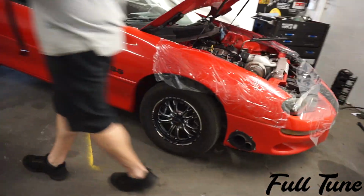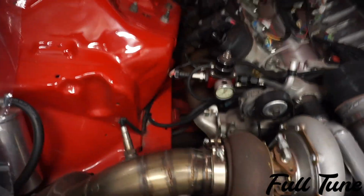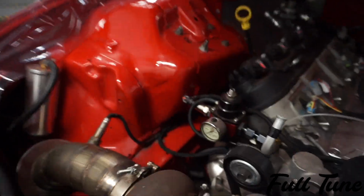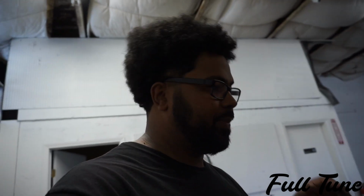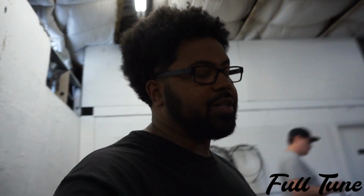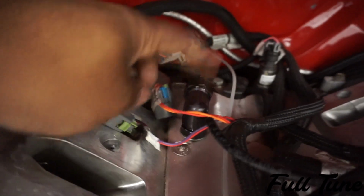And we had an issue with filling up the catch can, which of course I already went over, the boost solenoid stuff that we were going to add. All that stuff's down there, you can't really see it. But the issue was it was filling up the catch can pretty much in like 2 pulls. I thought it was because the customer didn't empty the catch can, but it really was the design when I started looking at it. They had the feed for the catch can coming from this port right here on the